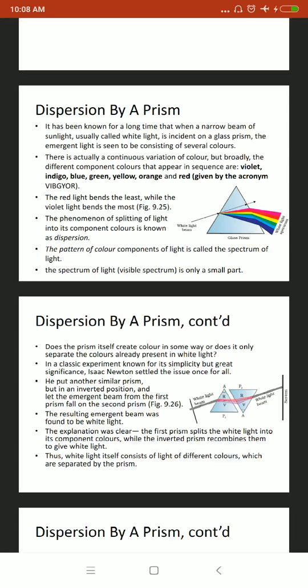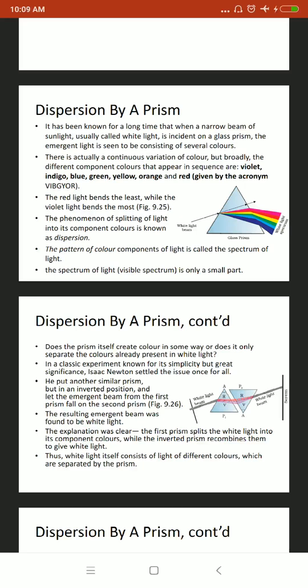It sets two prisms in opposite directions. Similar prisms are inverted, and the emergent beam from the first prism falls onto the second. As you can see in the diagram, a white beam falls onto the first prism, and the colors are dispersed from it. It is given to the second prism, which is inverted in position, so it takes the different colors as an input. On the other side of the prism, we are able to get the white light beam again as the resulting form.